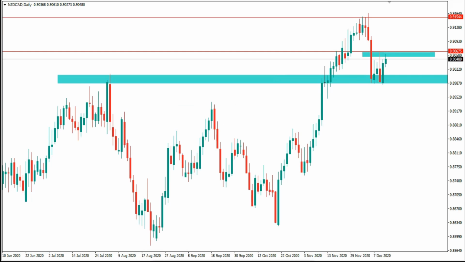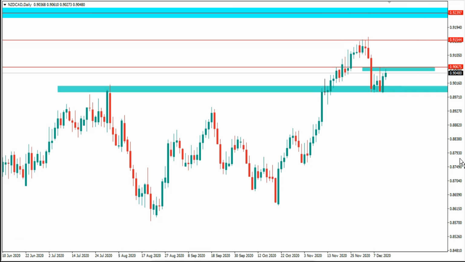Then on NzdCad, if you remember last time I spoke about this pair, the price was around there, and what we expected was this move downwards, and that's exactly what happened. The move downwards came, and then right now we have price at resistance. So what we want to see is either a move to this support at this point. If we are going to get the retracement to this support and a good rejection of this area with a good signal, we are going to be taking our next long trade to our overall monthly target